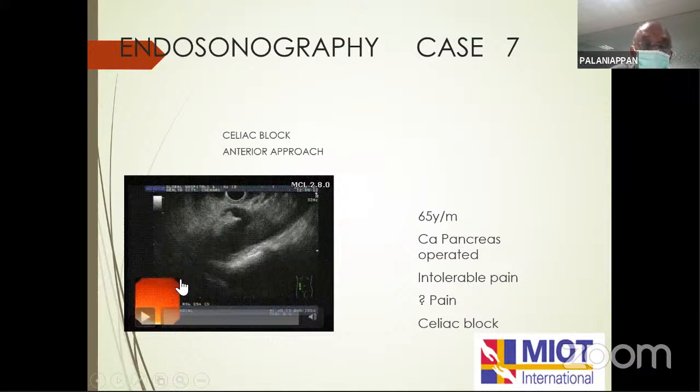This is a patient with carcinoma of the head of the pancreas, operated, but still she has pain intolerance despite morphine, tramadol, or whatever analgesic we give. What EUS can do is pass the scope and screen the aorta. We know that the first branch is the celiac. This is the celiac trunk. This is the aorta. And we know the celiac ganglion lies